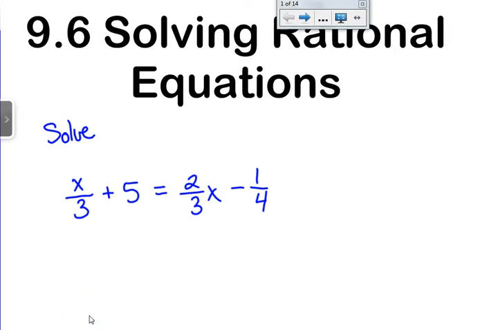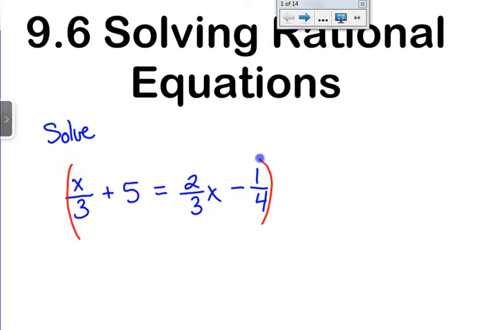Our lesson on 9.6 is all about solving rational equations. So this time, instead of having just a rational expression, we're going to end up with something that has an equal sign in between two parts. So just as a review, back in chapter 1 when we had an equation that looked like this,